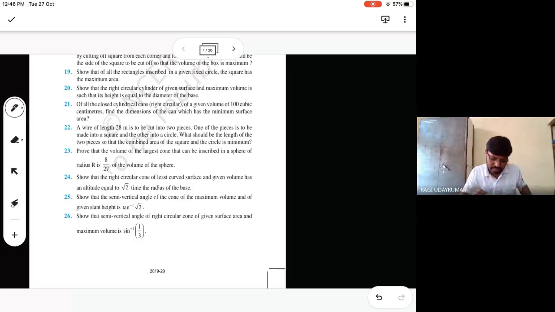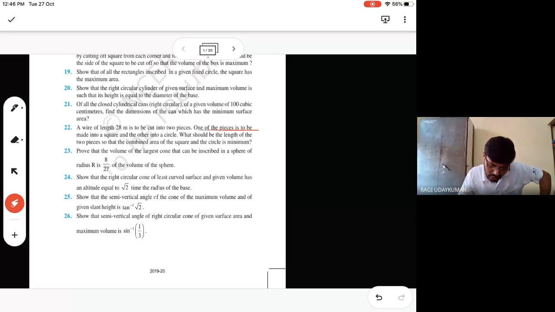A wire. Read the question here. A wire of length 28 meters is to be cut into two pieces. One of the pieces is to be made as a square. The wire has to be cut into two pieces, and one piece you have to make as a square and the other into a circle. What should be the lengths of the two pieces so that the combined area of the square and circle is minimum? So what is to be taken into consideration? The area of the square as well as